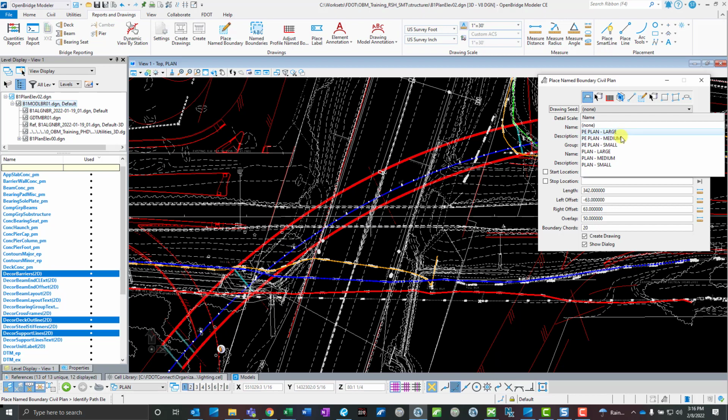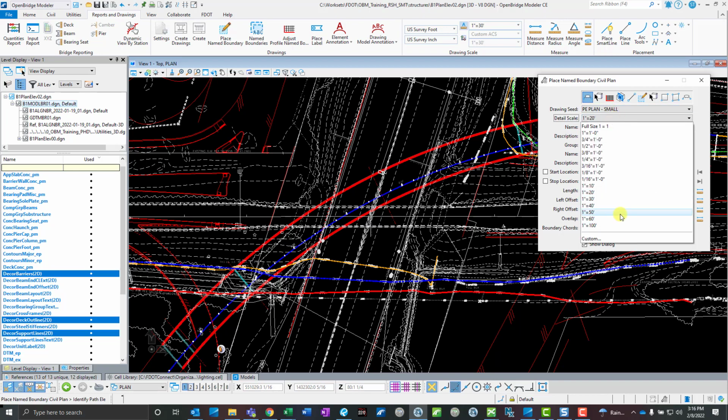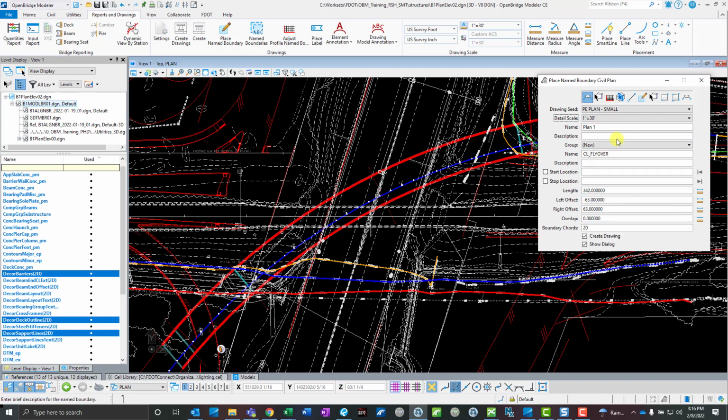So I'm going to go ahead and choose small, and this is kind of a trial and error between choosing your drawing boundary seeds and the detail scale here. This is kind of a trial and error. So, I like that 1:30 scale. I'm going to start with that. I think that's probably a good starting point. I'm going to go ahead and click on my alignments,